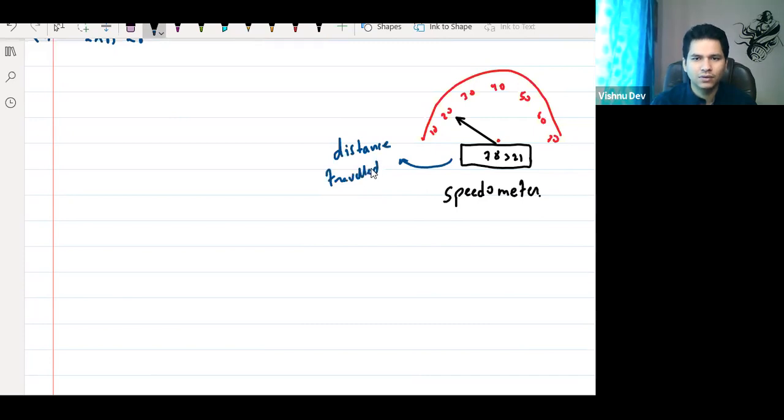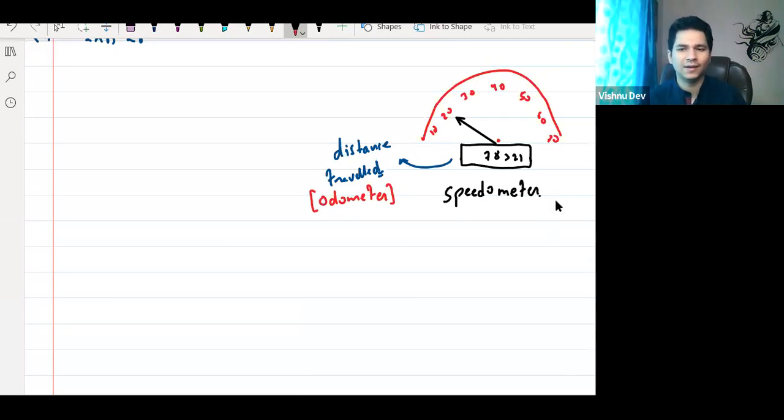जाके देखना कार में, बाइक में होगा, है ना? एक तो ये मीटर होगा और एक ये होगा. Now this meter is basically called the odometer. ठीक है? जो मीटर डिस्टेंस दिखाता है उसको हम बोलते हैं ओडोमीटर, और जो स्पीड दिखाता है, ये एरो, इसको बोलते हैं स्पीडोमीटर, ठीक है ना।